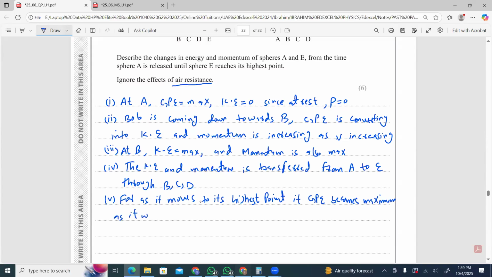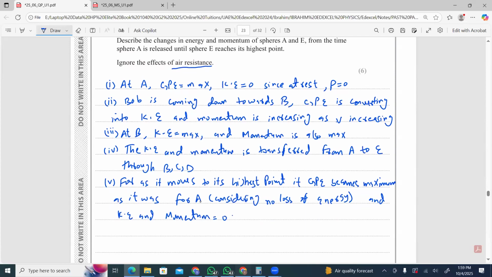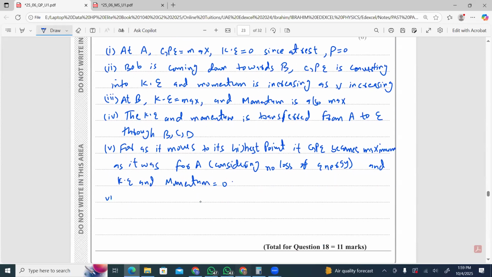Okay. Since there is no loss, considering no loss of energy, KE and momentum become 0. So initially you saw that the momentum was 0 for A, and for E, the momentum is also 0. So this point explains that, and all this process